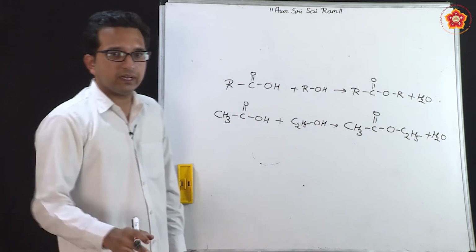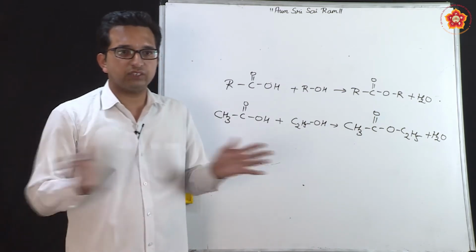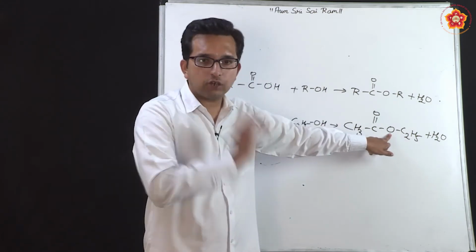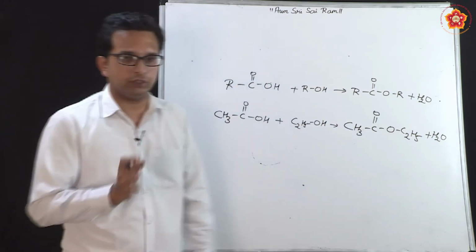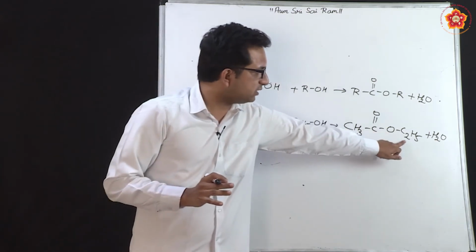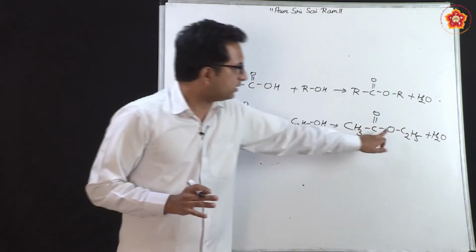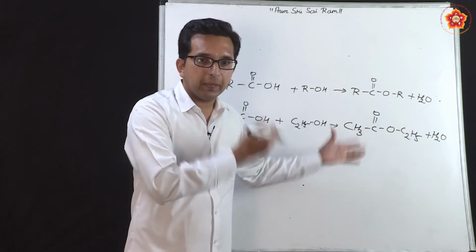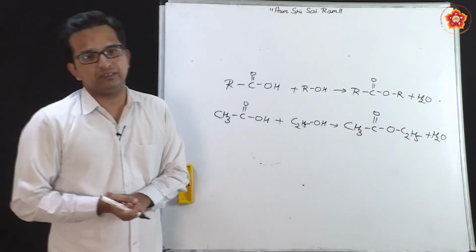Now, how do we name esters? We are very clear with that. Here we do not count the largest chain and all. What is important here is that anybody attached to oxygen will be considered as a substituent. So, this can be named as ethyl ethanoate. Ethyl is the substituent, and the two carbon system in the main part will give it the name ethyl ethanoate.